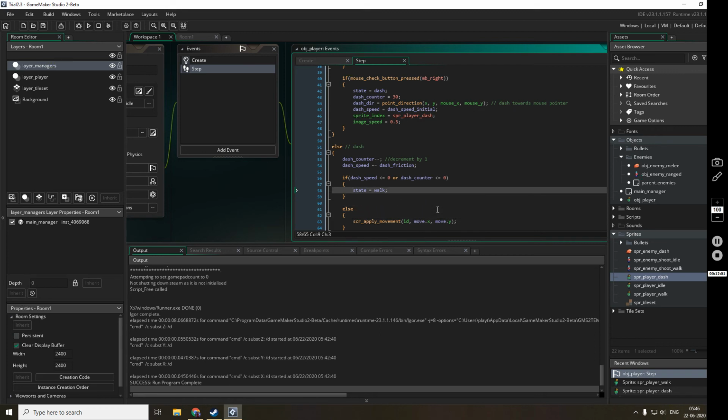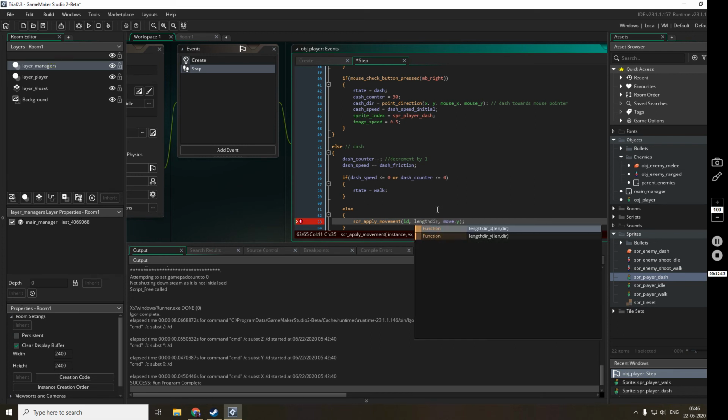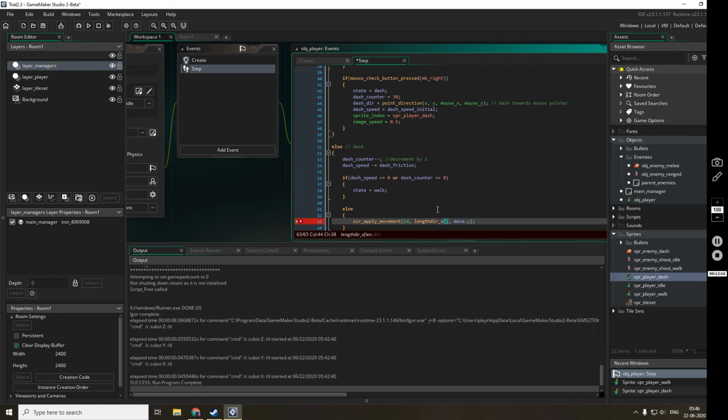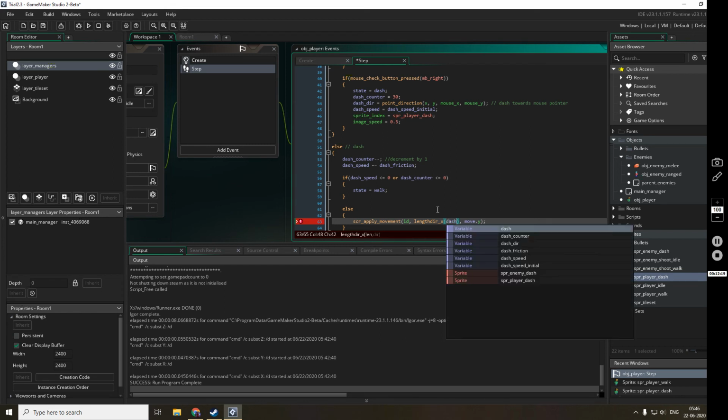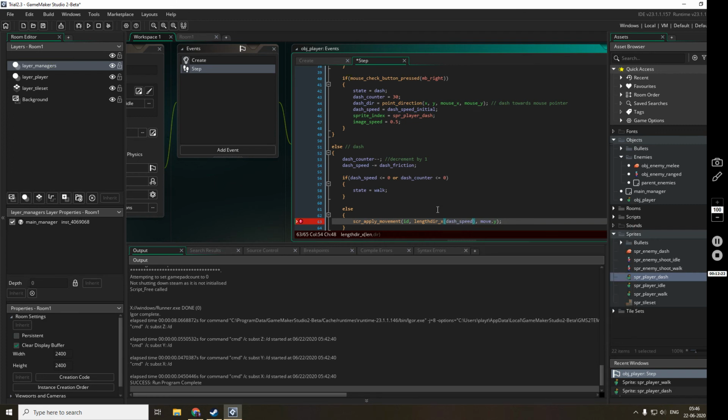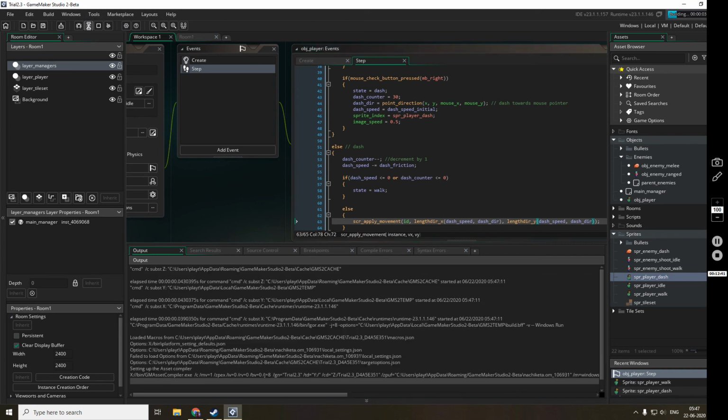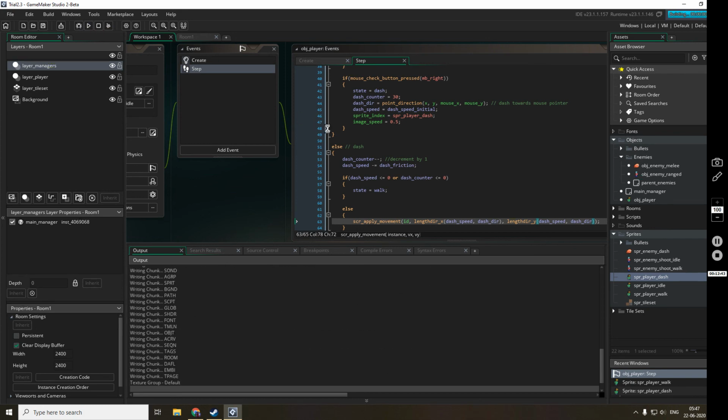If it is not going to the walk function, sorry, then it will be applying the movement, and the movement applied will be dash speed and dash dir, and dash speed and dash dir, but this will be Y. So I guess this will create the dash functionality for us.